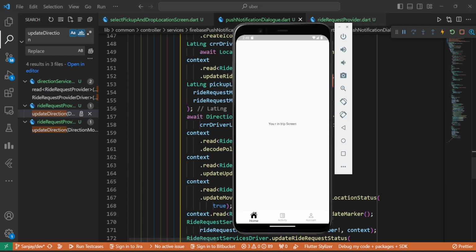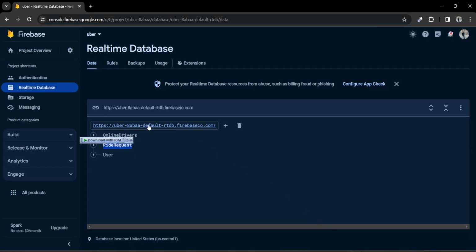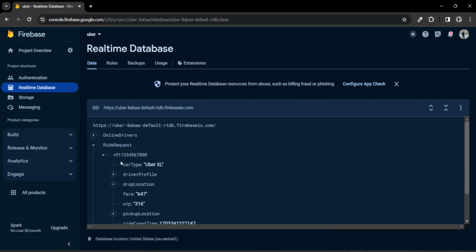So let's do one thing. Let's delete the data from here, write request, driver profile, and let's create a fresh push notification, and let's have a look at what errors we have encountered in our latest